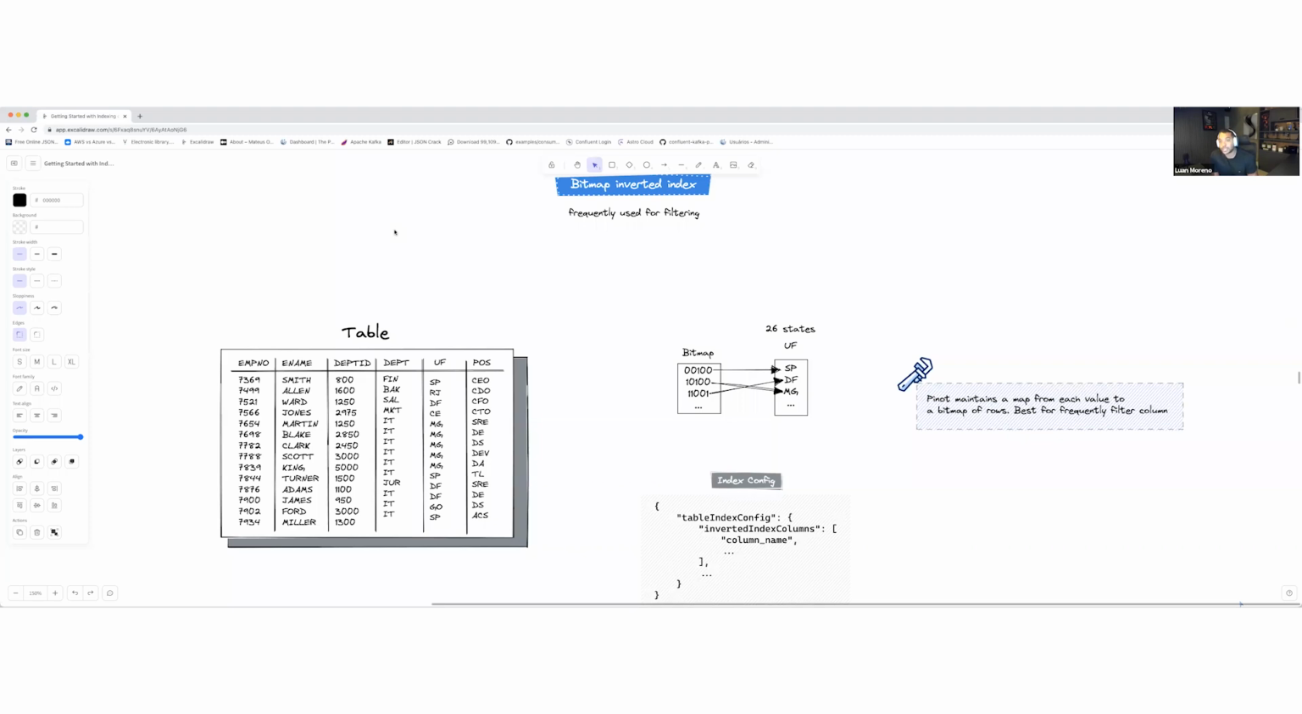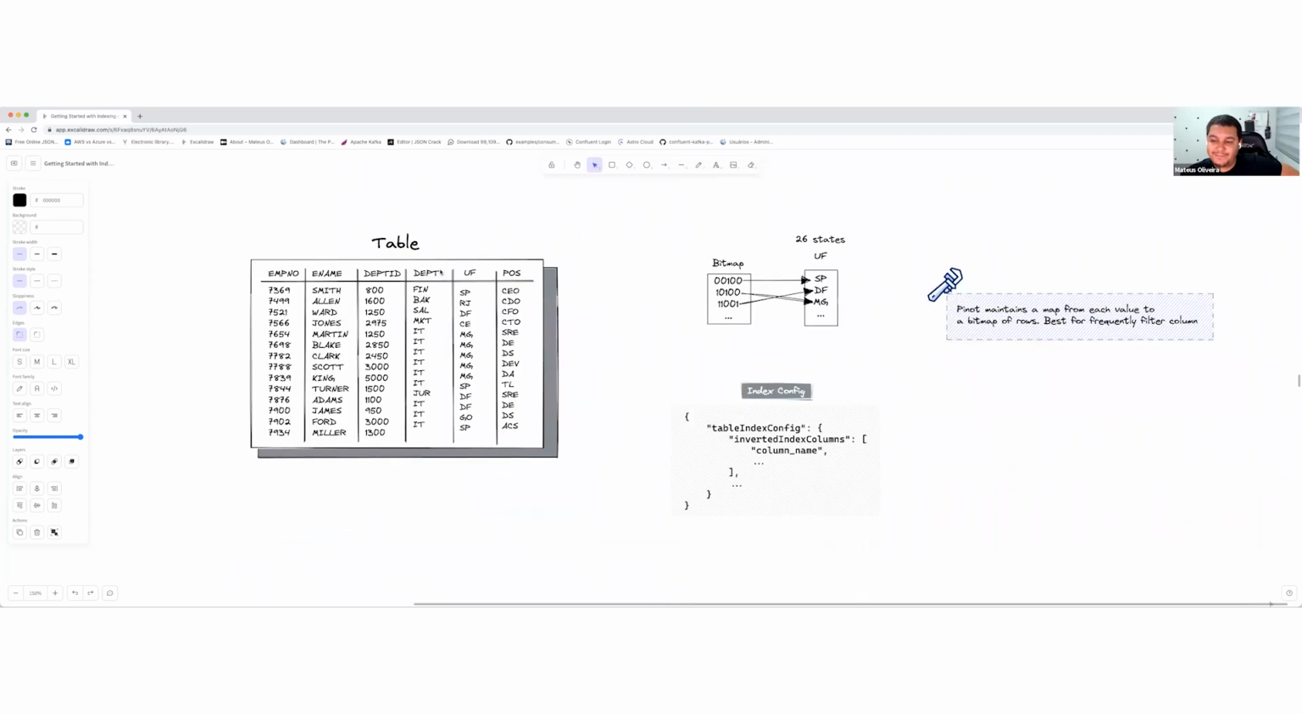So that's where the sorted inverted index comes into play, right, Mateus? So just, just go,